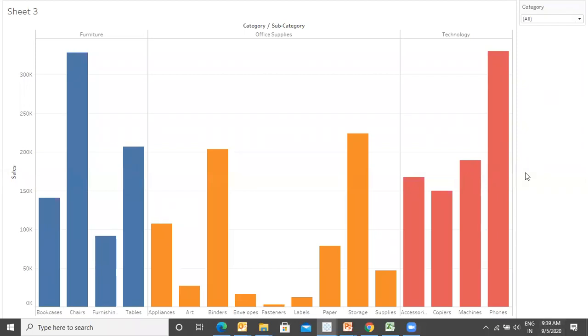But as of now, we are not bothered about the space because we have the entire screen for a single chart. While working in a dashboard, we have to place multiple charts on the same page, that means the same screen. At that point of time, space is quite important and we have to manage the space properly.